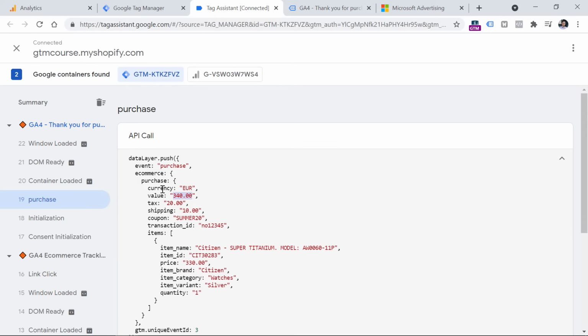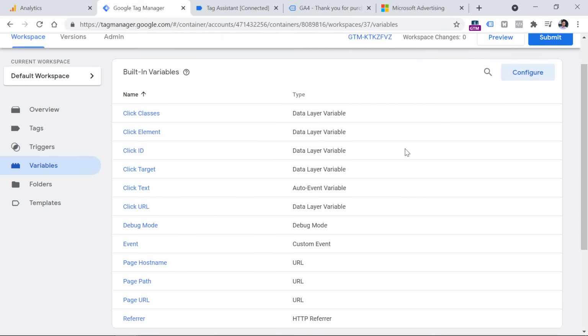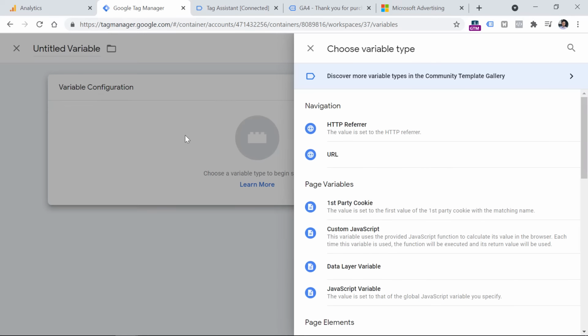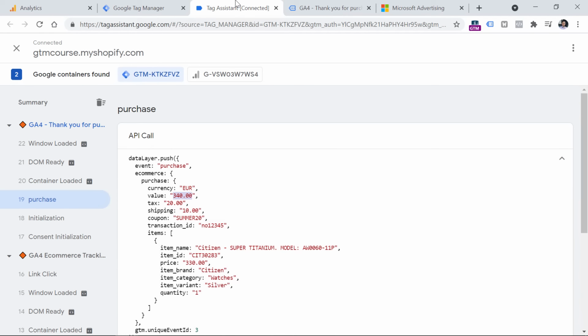To do that, we will have to create two data layer variables. Let's create the first one for the currency. Go to Google Tag Manager, variables, then new, variable configuration, data layer variable, and here we have to enter the data layer variable name. And you might be tempted to enter just the currency, but in this case, our data structure is more complex. We have ecommerce, and within that ecommerce, we have purchase, and within that purchase, we have